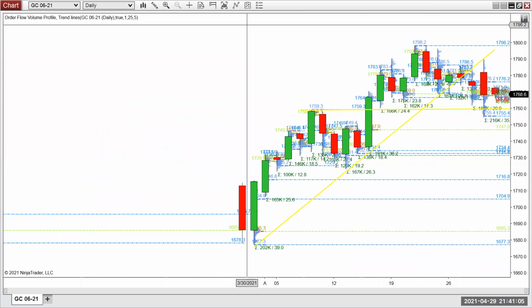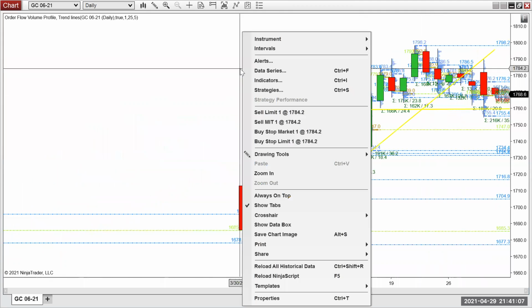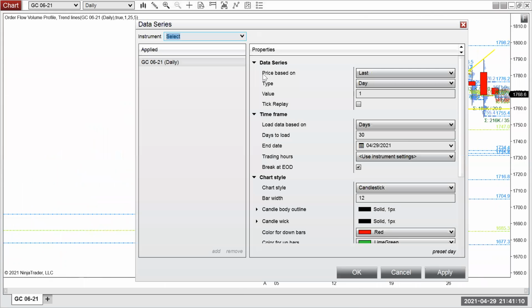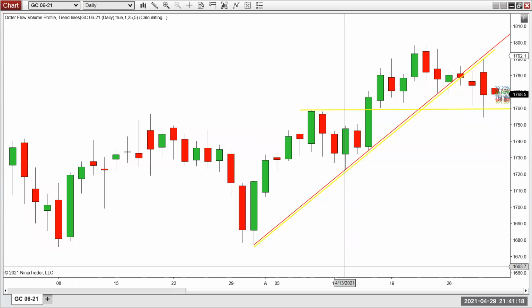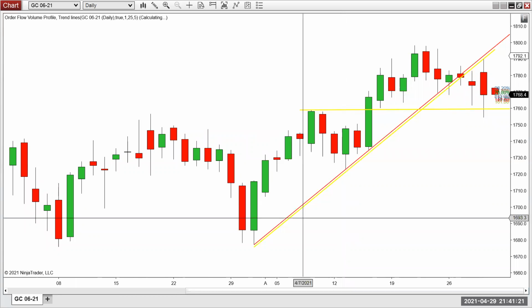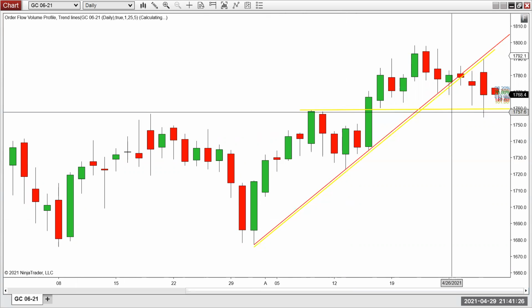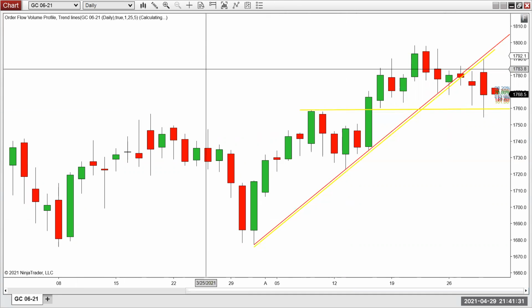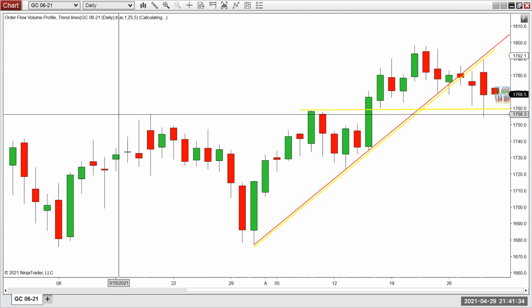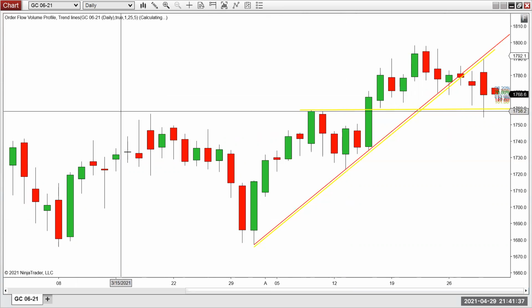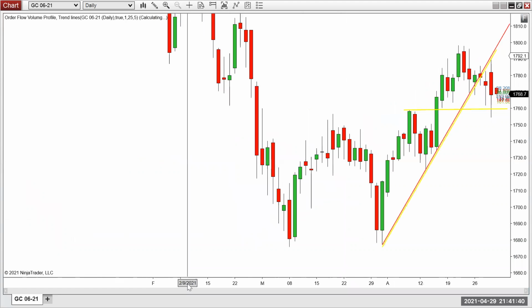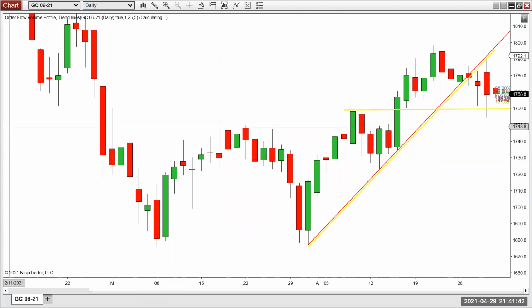So let's go see what other stuff I have. I don't really want to take a lot of your time. So these are the trend lines that I drew, and they sound about right. This is support that I drew as well, from here to here. Wow, how about that? I am lucky on drawing support and resistance. Anyway, so here's your stuff, right?